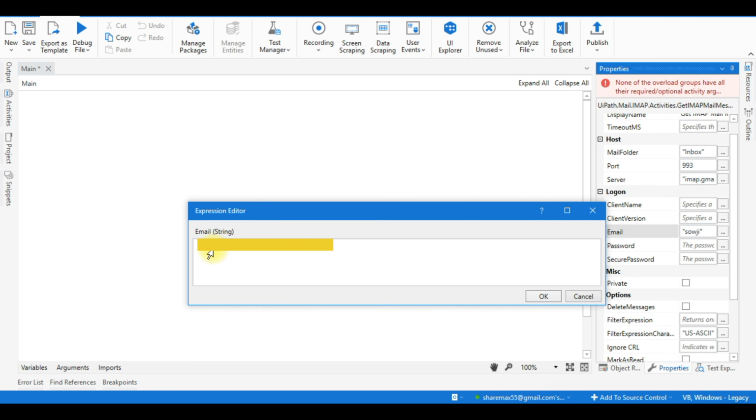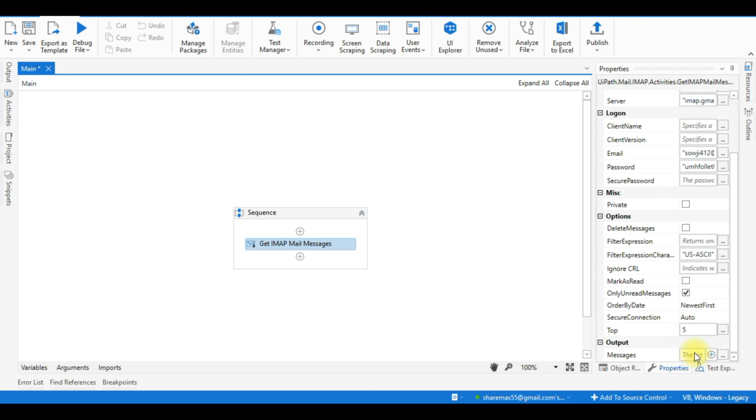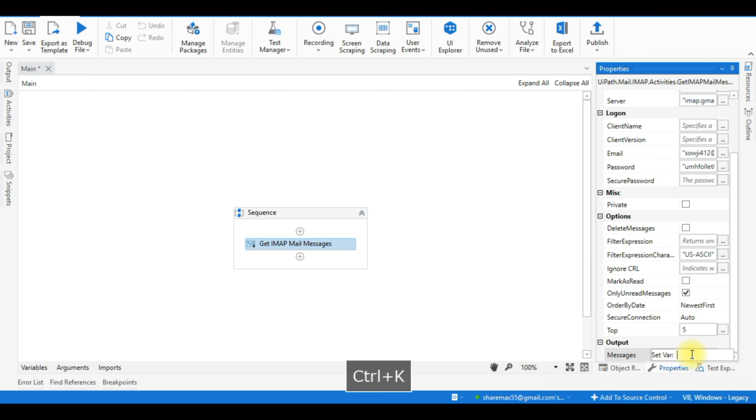So provide your email and click on OK and then give the password within double quotations. And in this field, I'm going to create a variable and I will name this as mail messages. This is going to store the list of subjects,